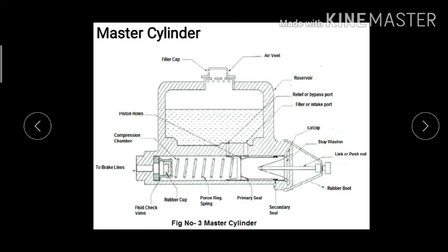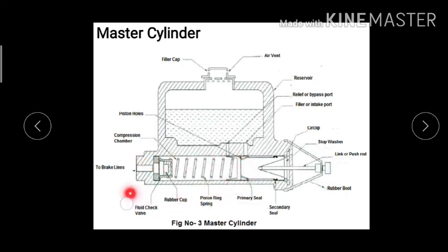But one thing is that by the time the reservoir fills the vacuum, the fluid coming from the brake lines will also lift the check valve off its seat and come into the cylinder. So now there will be an excess amount of fluid accommodated in the master cylinder. This has to be taken out. If it gets filled with complete liquid, it will jam up and won't allow the motion of the piston. So this problem is solved.